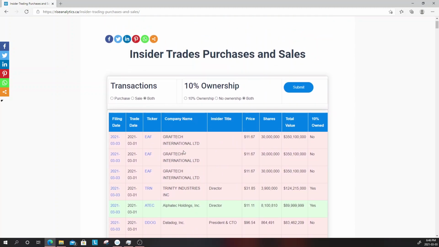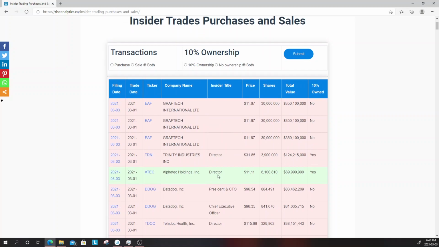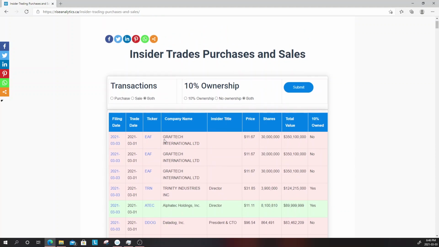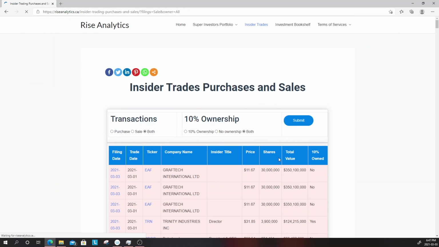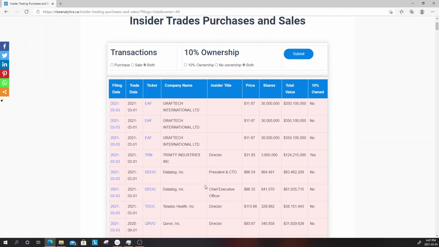Then we also have the ticker name, the company, the price, how many shares, and the total value of those shares, and whether the person who did the trades owns more than 10% or less than 10%. I believe this is valuable information. So let's quickly see how we can also use the buttons. If I click only on the sales, and then click submit, we can see